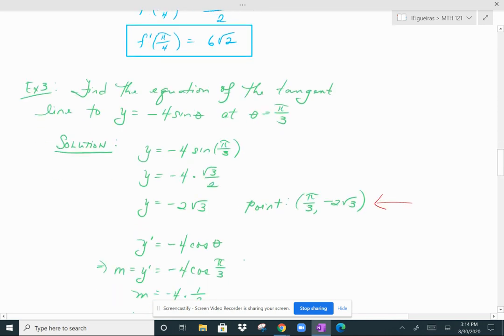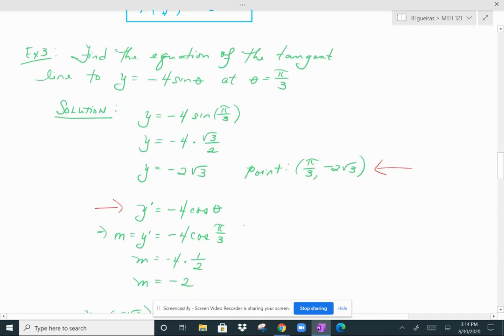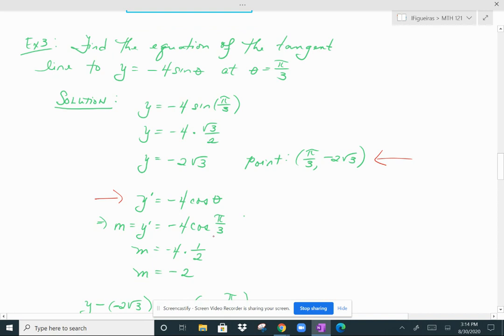But I also need to find the slope. And remember, the slope is the derivative. The slope of the tangent line to a curve is the derivative. So the derivative of negative 4 sine of theta is negative 4 cosine of theta. So now we compute what that value is at pi over 3. Cosine of pi over 3 is a half, so it's negative 4 times a half. So my slope is